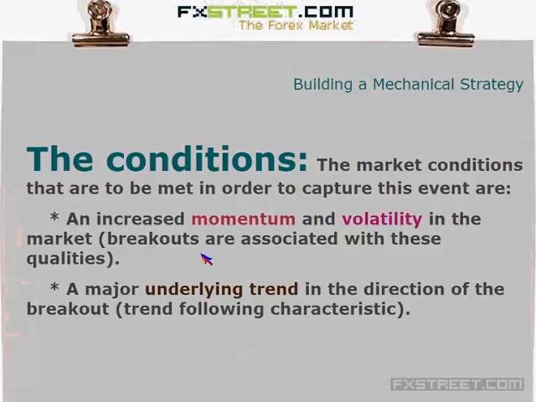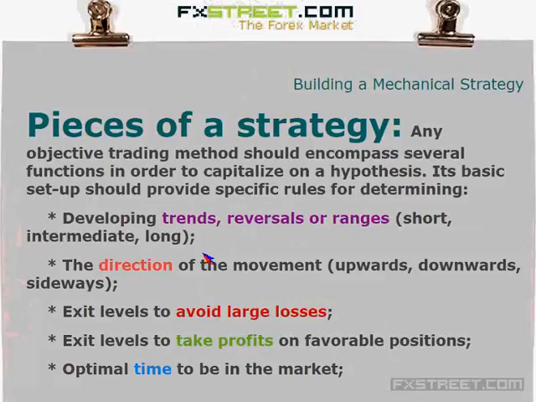The conditions would be different if we were capitalizing on a reversal, for example. Then we don't especially need increased momentum, increased speed, or an underlying trend. We would need the opposite condition. The conditions determine what tools we finally need. So generally speaking,